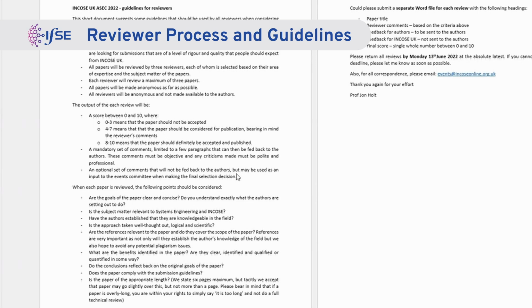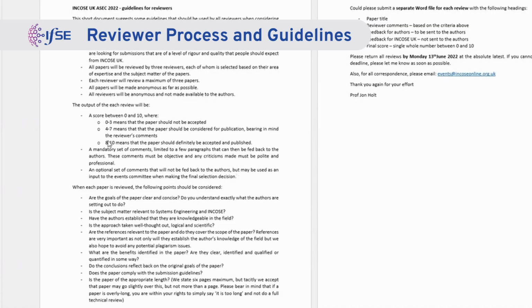So, for example, if somebody is concerned about plagiarism or something like that, sometimes that will be raised. If someone's concerned that maybe they've seen this work presented at other points in time at different conferences, then that might be fed back. So there's all sorts of things that can be fed back. So bear in mind the set of comments that you receive are specifically aimed at you as the authors, and it might be that there's further comments that have come back to me as the technical director that are going to help me inform my decision.